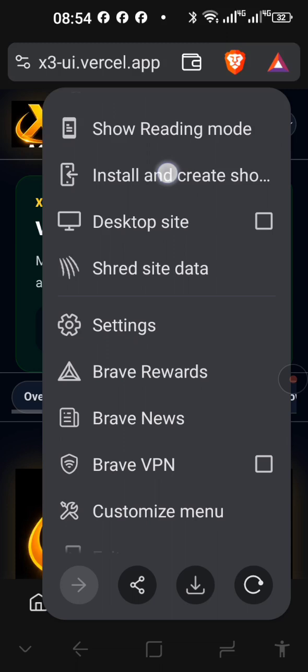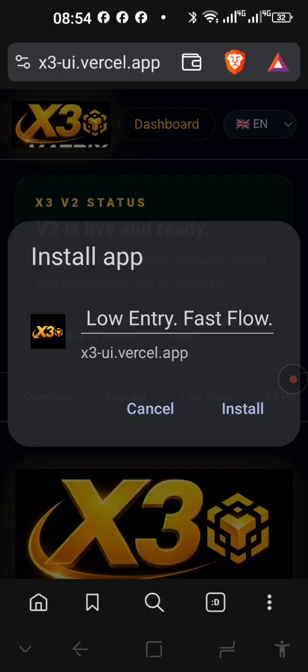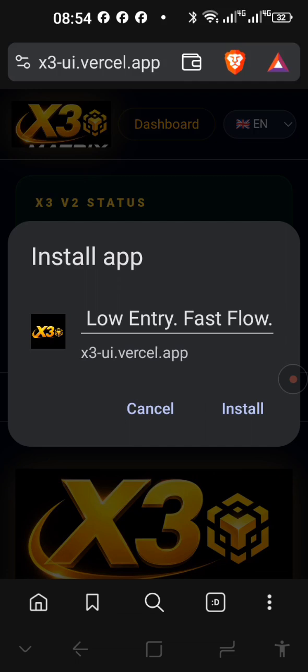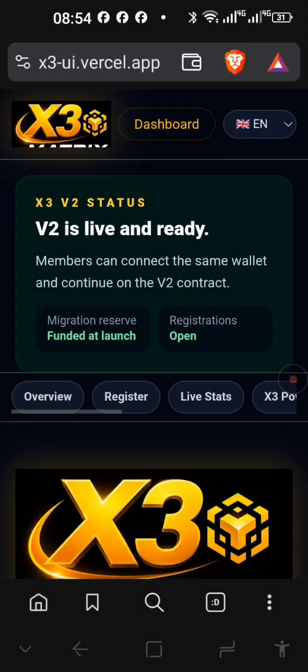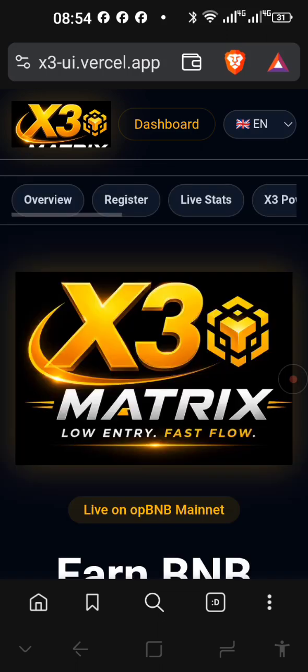Scroll up and I will press on install and create a shortcut. So this is how you will create it, and there you can see the URL as well. You just press install and add automatically, then it will be on your home screen. From there on you can enter this site directly and you can get all the statistics from the matrix.